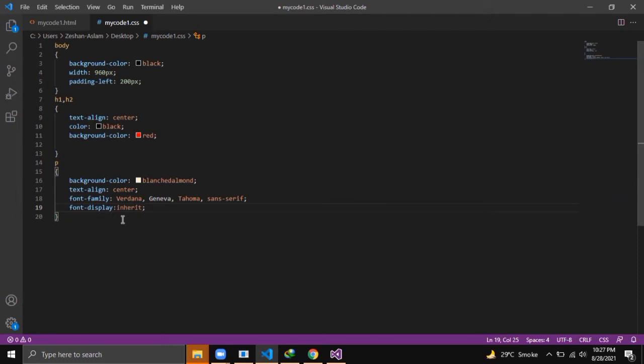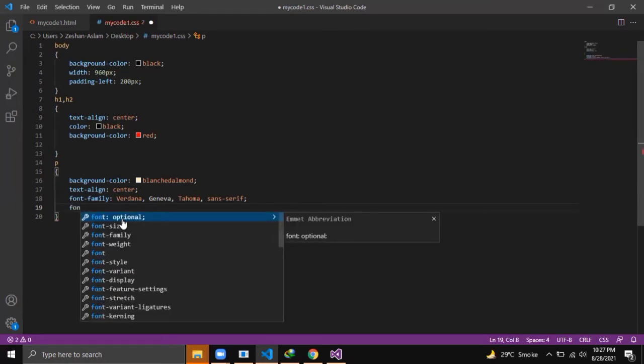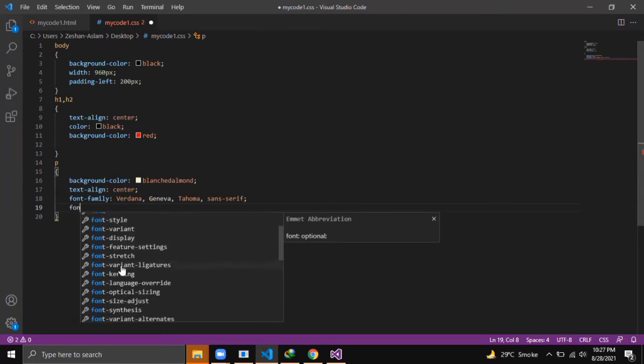Okay, so basically you can add the inherit feature, but most of the time we do not use it because it will change the whole textual appearance of our fonts in our web page. Okay, so these are the fonts,